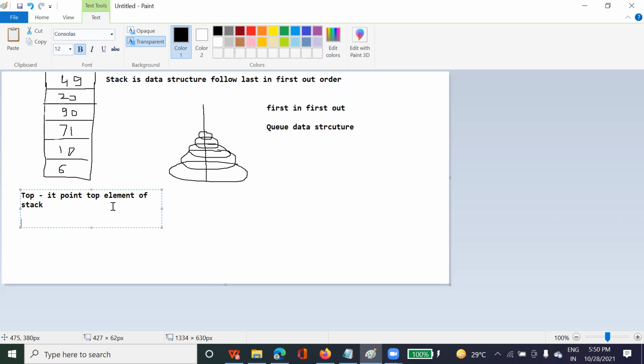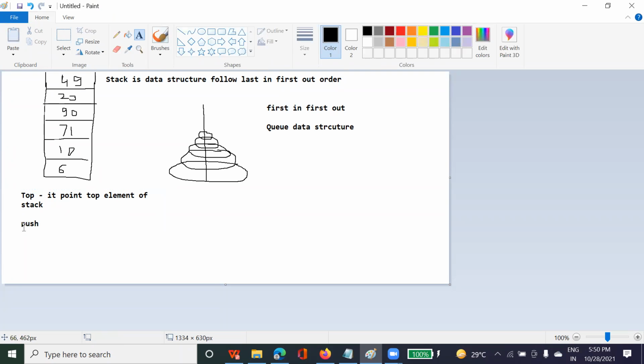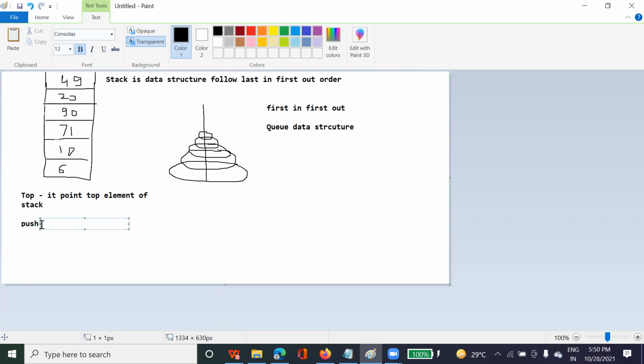So it points to the top element of the stack. Now here you perform the operation of push. Push means adding data. There is one more operation, pop, which means deleting or removing data.